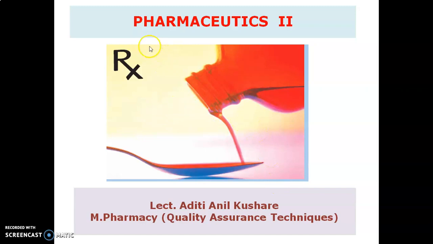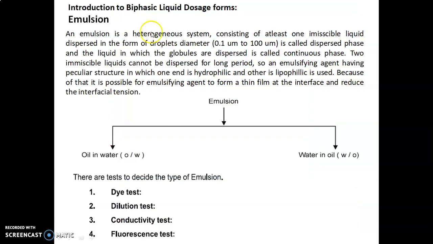Now we will discuss the Pharmaceutics 2 experiments. In that we will discuss emulsion, an introduction to biphasic liquid dosage forms. An emulsion is a heterogeneous system consisting of at least one immiscible liquid dispersed in the form of droplets with a diameter of 0.1 micrometer to 100 micrometer, called the dispersed phase, and the liquid in which the globules are dispersed